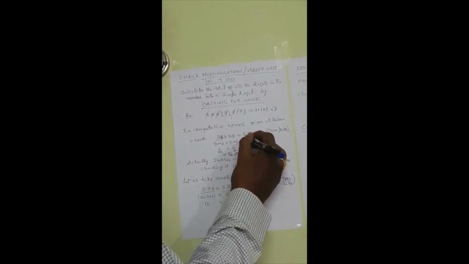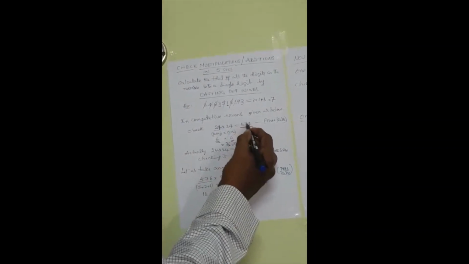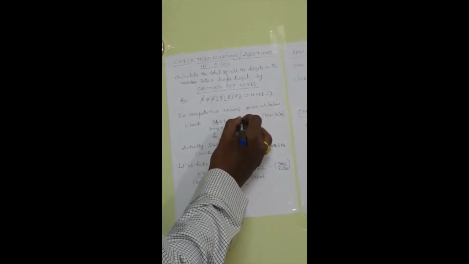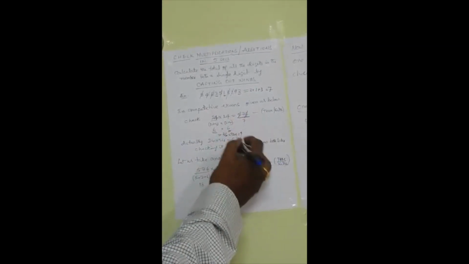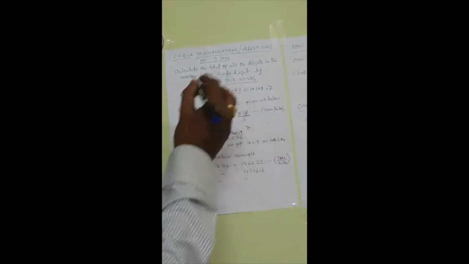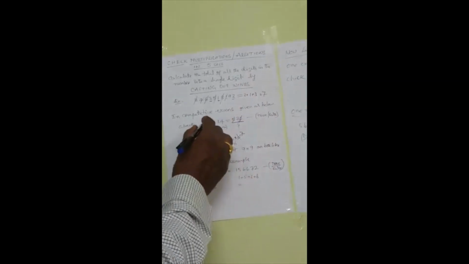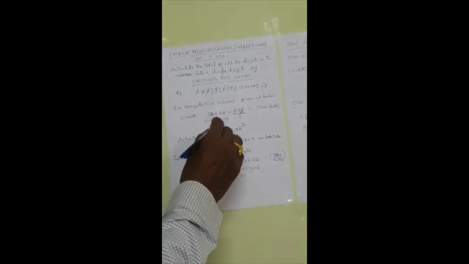Here the product is 574. In this product 574, there are no nines, but there is a 5 and a 4, so you can cancel that. 5 plus 4 is 9. So you are left with only 7. But 9 is not equal to 7, so this answer is not correct. You got 9 here and 7 here. These 9 and 7 are not equal, so this answer is false.